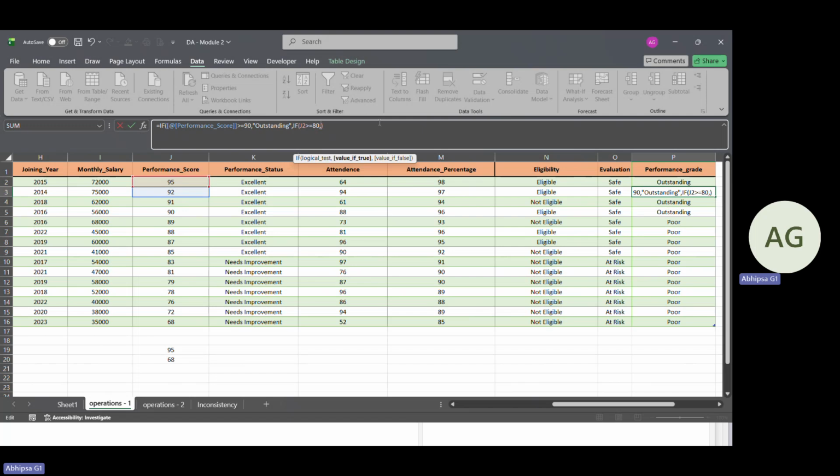Okay. Now we will be using for them we will be using very good. Okay. Now we will be closing this bracket. We'll be using comma. Now we will be using again if with the tab. Now we will be using again J2 that would be greater than 70. In that case, greater than or equal to 70. We have to take it as good, comma, poor. Okay. Now we can take this. We have taken it and here let's change it to J2,